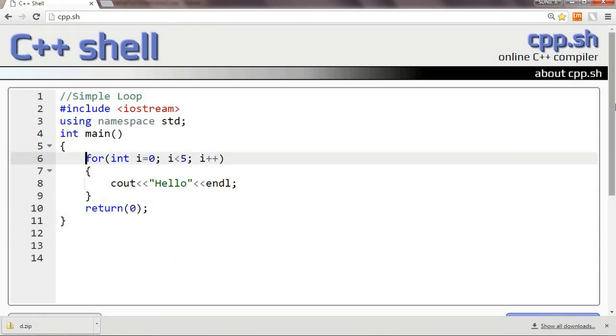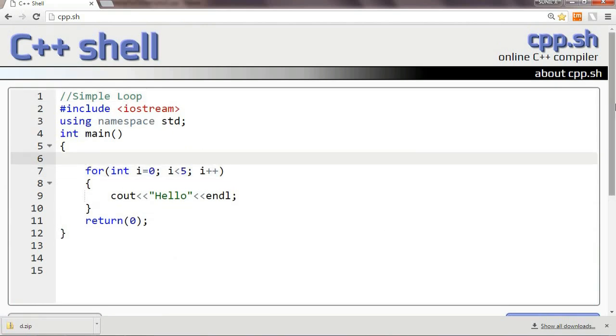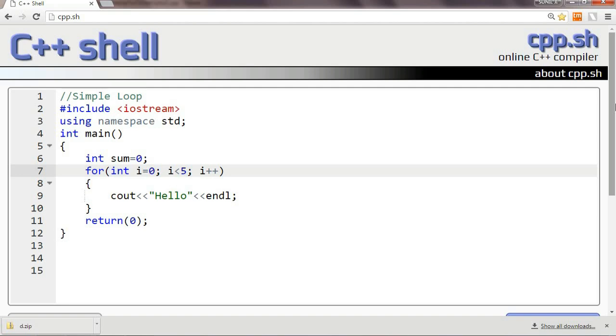Suppose we make some modifications here. We want to print a sum of numbers from 1 to 10. So let the sum be an integer and let it start from 0. This will start from 1 because 1 to 10 we want. And here we have to give 10, but less than or equal to 10 because we want 1 to 10. And here we'll simply give